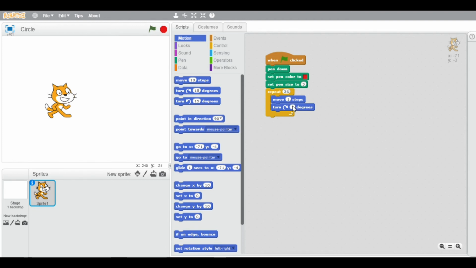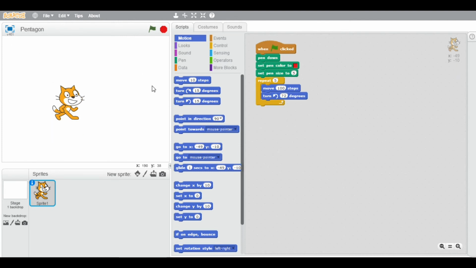And in both the move steps and turn degrees, we will add a 0. Move 10 steps and turn 10 degrees. Now when you see, it has gone faster. So this is how you can make it faster and you can create a circle in Scratch.